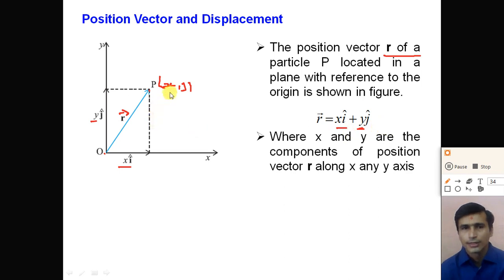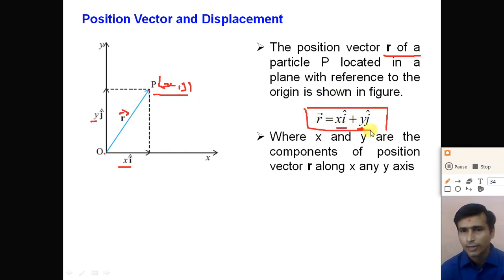So this way, in the form of coordinates also, we can represent the vector, right? The position vector r is equal to (x, y). So here the component in the direction of the x axis is a x, and the component in the direction of the y axis is a y. So the position vector is represented like this, right?